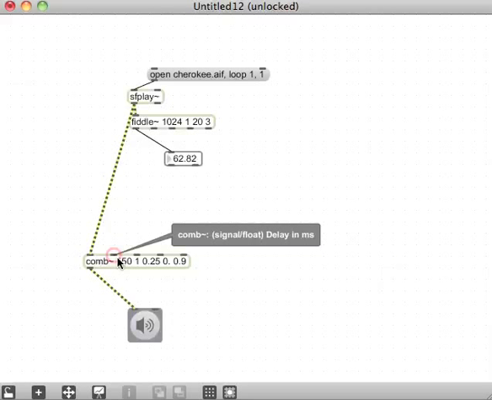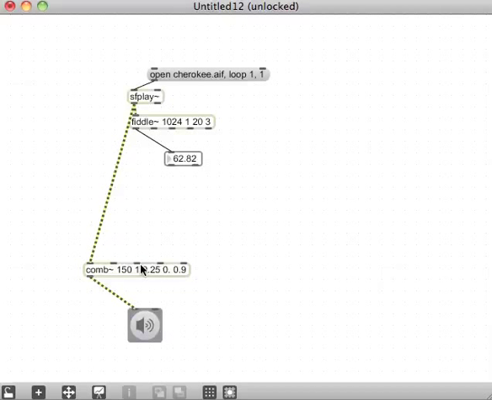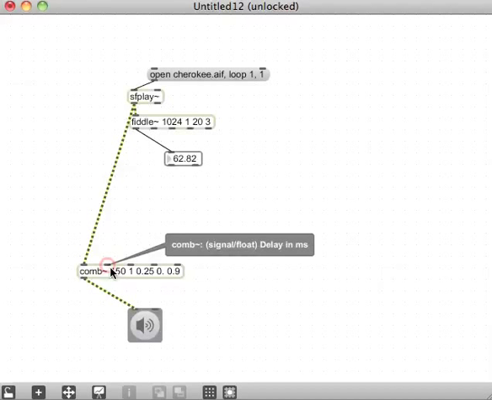One of the reasons I do this is because in a live situation, comb filters are notoriously bad for feeding back. So you create all sorts of feedback issues if you put comb filters in a patch for live performance with microphone input in particular. And by changing this delay time, you kind of kill the feedback,